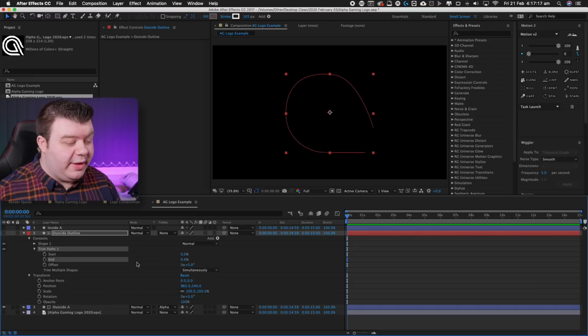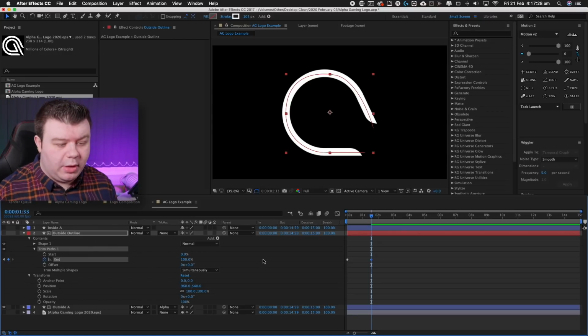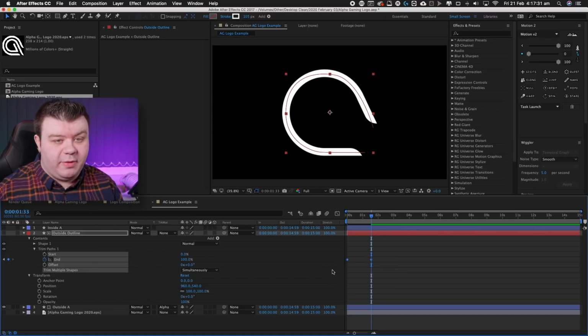So simply what I'm going to do is start it at 0, click the keyframe on the End Trim Path parameter, go all the way over just a little bit, and then click and drag and move that to 100%, like so. And then I'm going to select these two keyframes, and using our fancy little tool here called Motion V2,